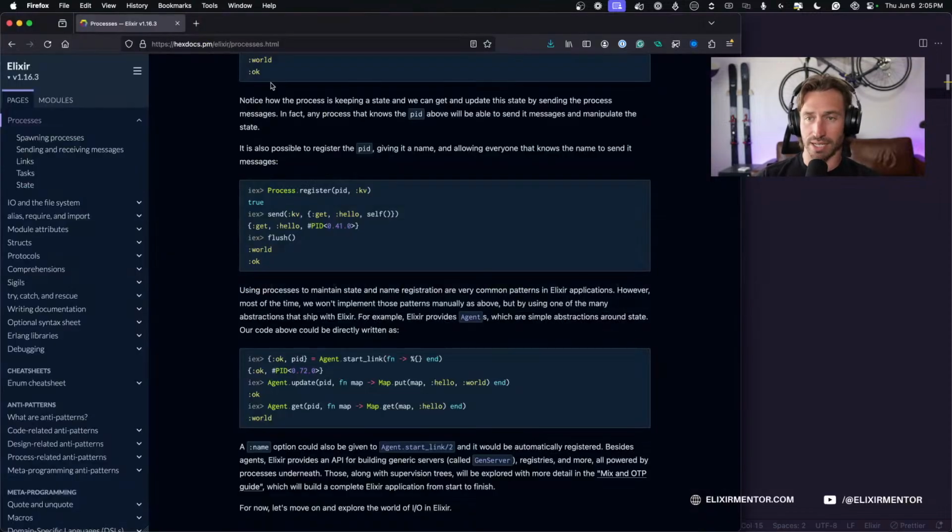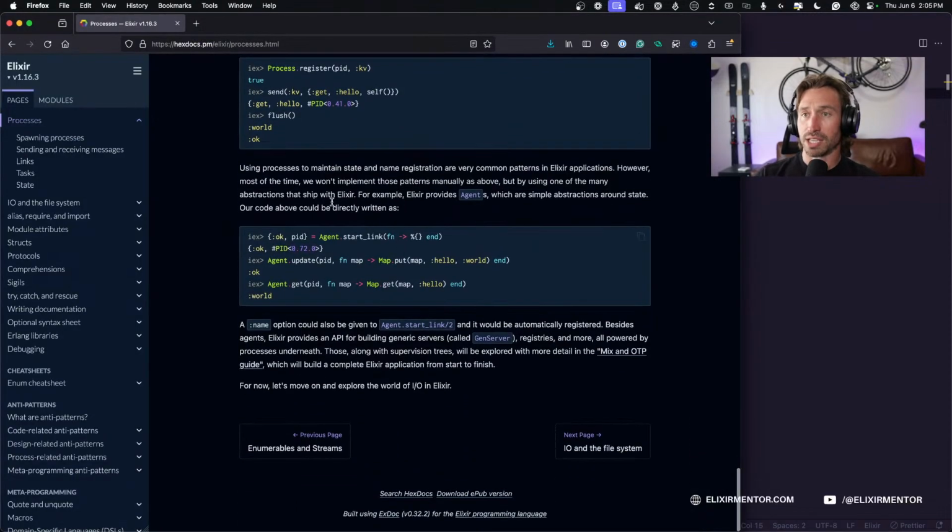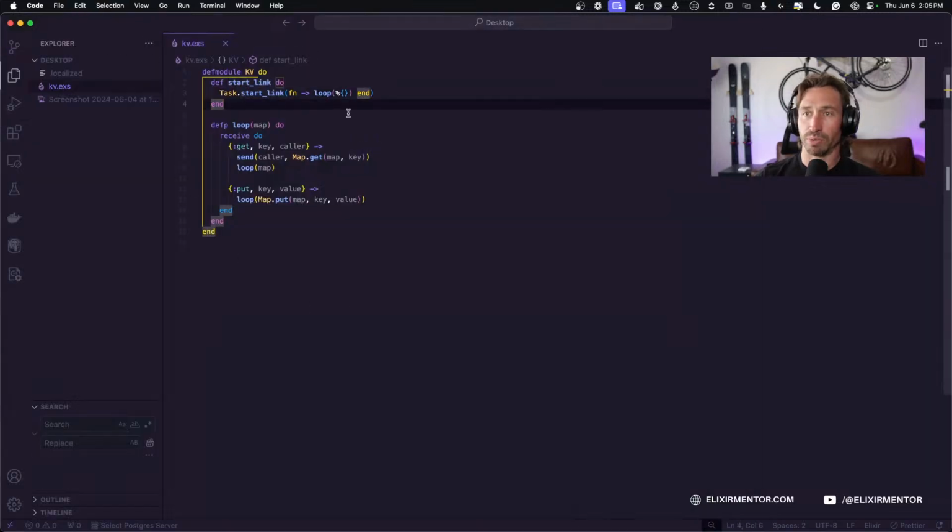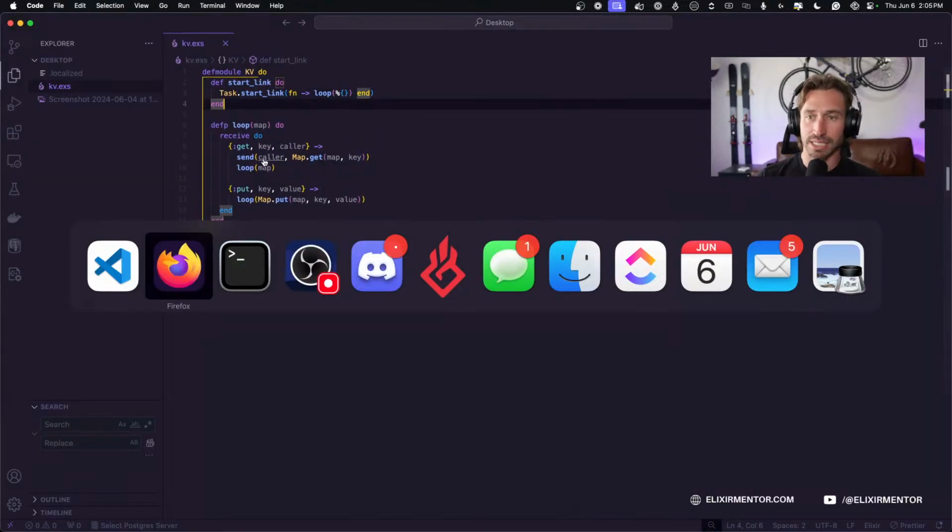All right, back to our code, or the docs. So using processes to maintain state and name registration are very common patterns in Elixir applications. However, most of the time we won't implement those patterns manually as above, but by using one of the many abstractions that ship with Elixir. For example, Elixir provides agents, which are simple abstractions around state. Our code above could be directly written as, all right, so we wrote this code using a task, and now